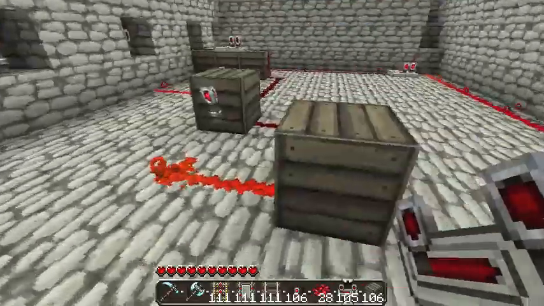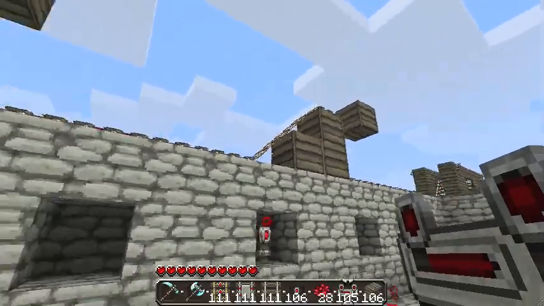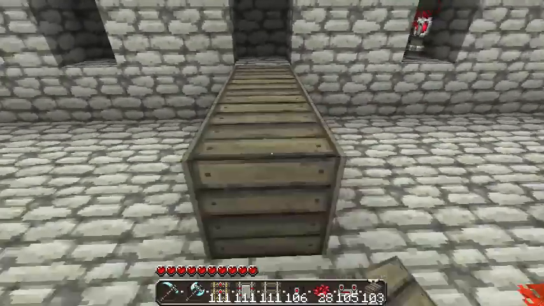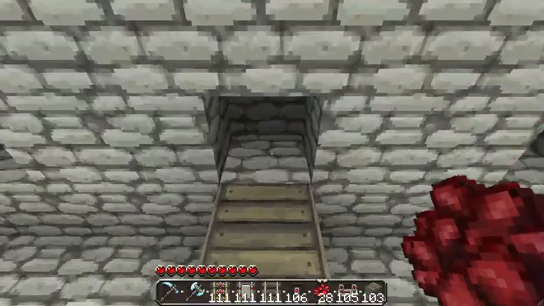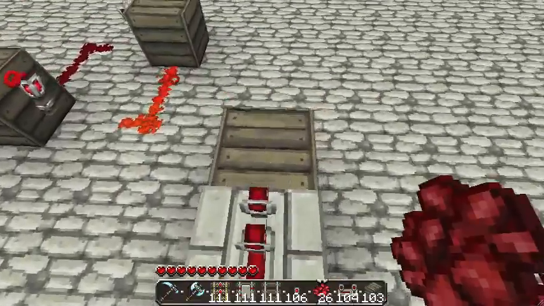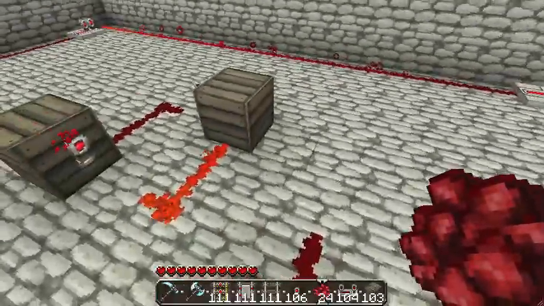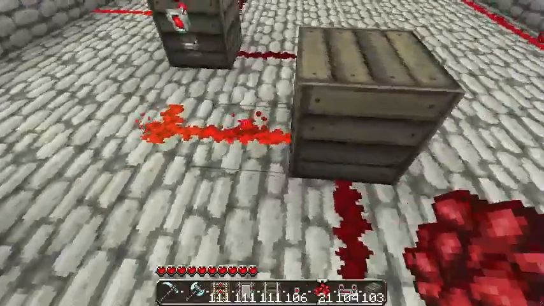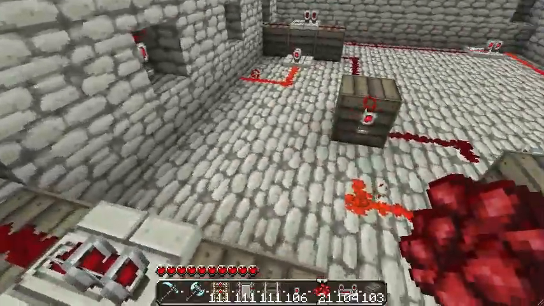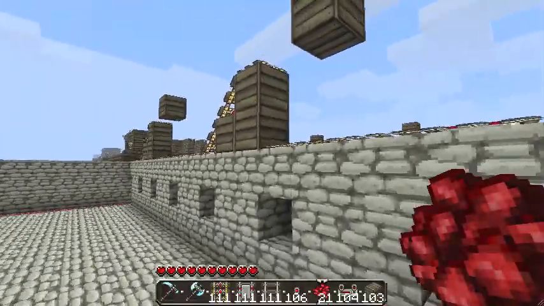And so our next input for this RS NOR latch needs to come from the detector rail before the ramp. So again, we'll have crossing redstone currents, so I'll go ahead and build a bridge here. And then just run the line from that detector rail down to the opposite side of the RS NOR latch, just like that. Okay, so that'll save the state of our button presses, but now we need to power these